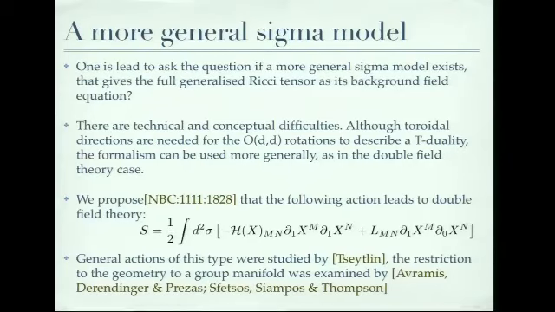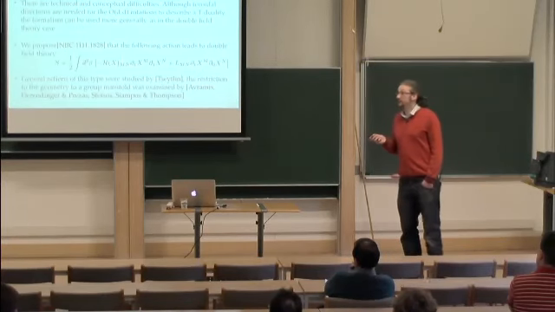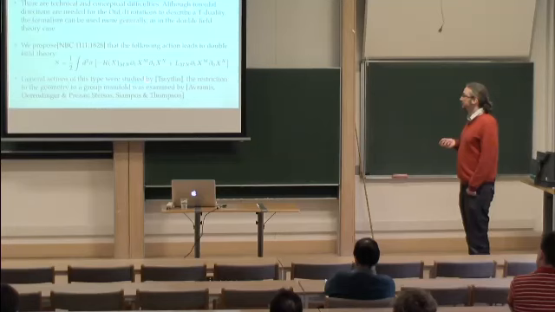Well, what we find is if we just write down the most simple generalization imaginable, so we just take the fiber part of the action we had before and allow H to depend on all the double coordinates, then this is exactly what we need. So general actions of this type were studied by Copland,